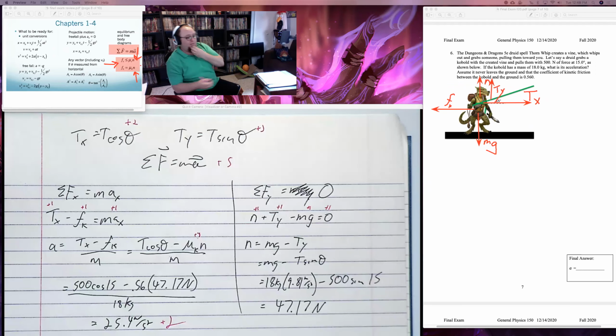Now, like I keep saying, it won't be exactly the same problem on your exam. I might include a ramp. I might put it in equilibrium. I've done a lot of problems with force, and I've given you a lot of problems. Go through them. Check the homework. But really, the trick is F equals ma and make a free body diagram. If you can make a free body diagram, you can do a force problem. Questions?